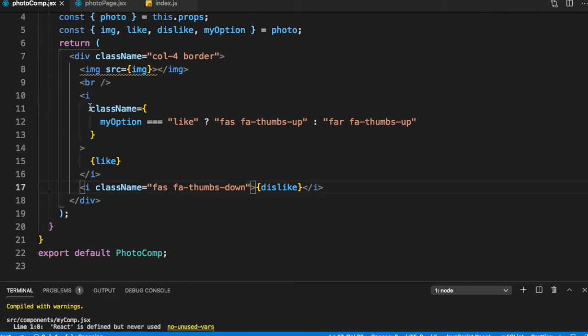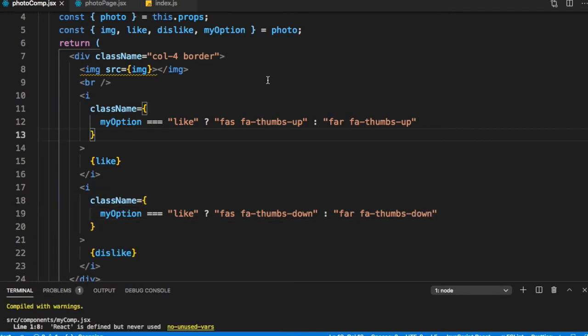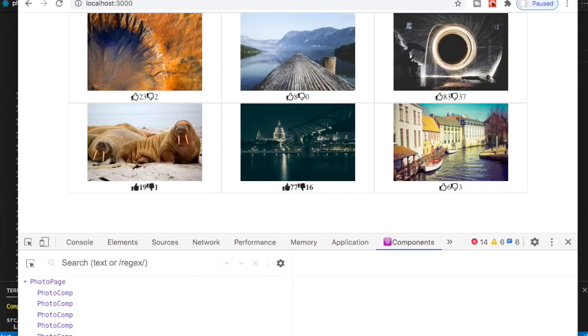So let me just copy the class name and replace it with the thumbs down. Let's also align it, say, with the text center.